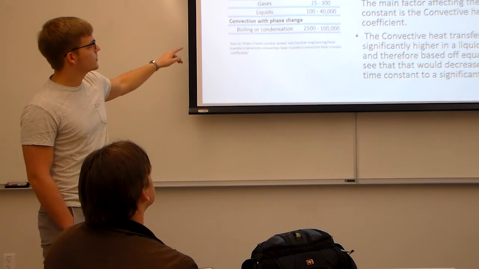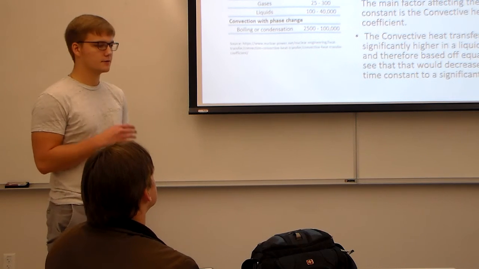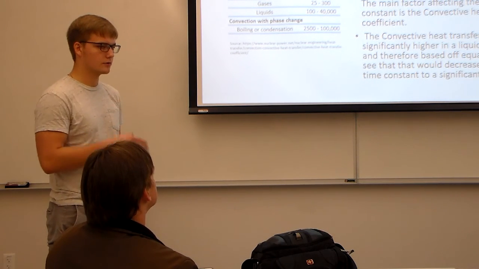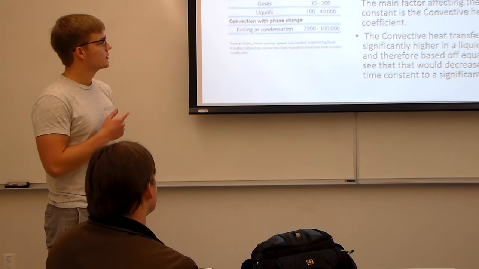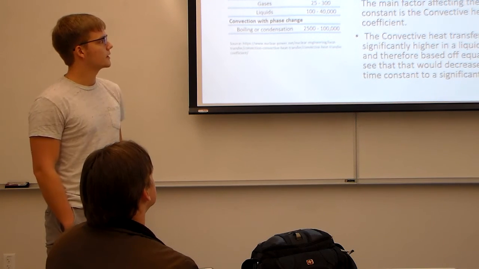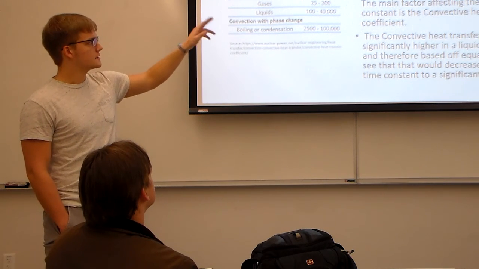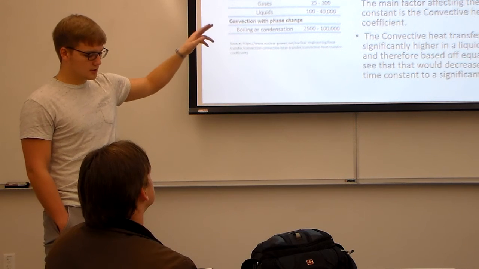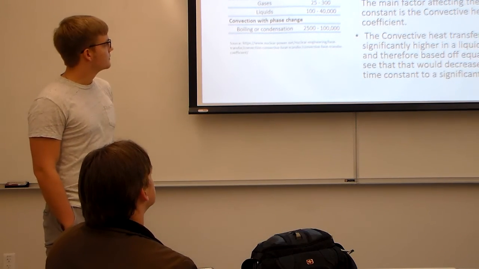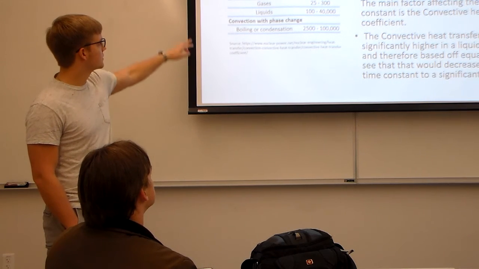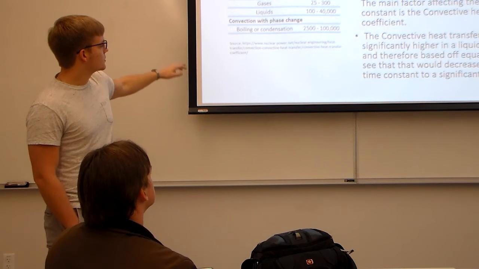And so we have to then analyze why our thermal time constant is different when we have it in the water versus when we have it in the air. From this we can look at equation number 3, where the thermal time constant is equal to the density of the thermocouple times the volume of the thermocouple times the specific heat of the thermocouple over the convective heat transfer. And we can also look at this chart, which I found from nuclearpower.net, which explains